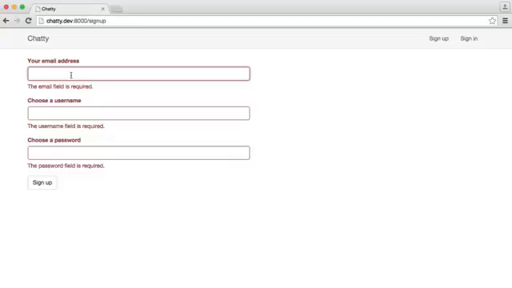So what happens if I enter some data in here? So that's not a valid email. I don't enter a username and I enter a password that's too short and I hit sign up. Now we've got the relevant error messages, but our data has disappeared. Now we want to keep the data for email and username. We want to persist these so a user can quickly correct them up and they'll be on their way to